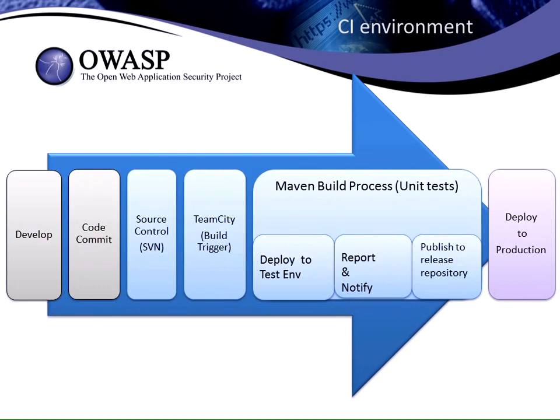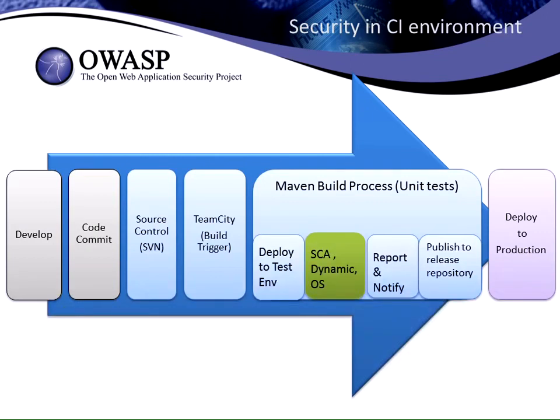So we use the continuous integration infrastructure to enable us to create builds. And we do this by the developer checking the code. He pushes the code into the Subversion. Once the Subversion identifies the new code, it triggers the TeamCity. We use TeamCity as our CI solution. It triggers the TeamCity, and the Maven process starts to create your build. Into this build, we just push our security components, meaning we do static code analysis, dynamic test, and open source,